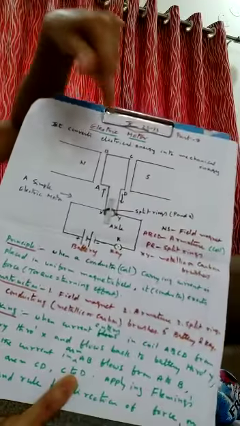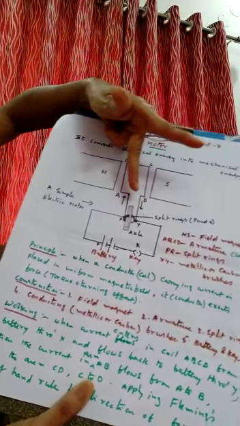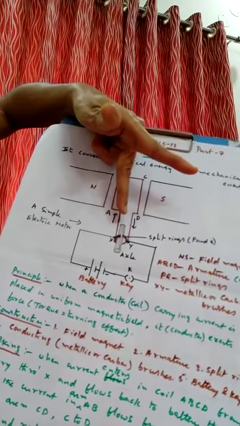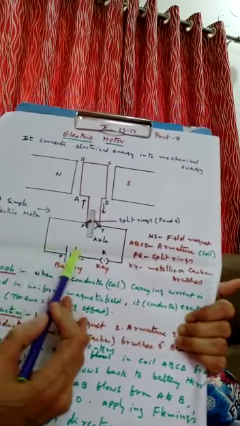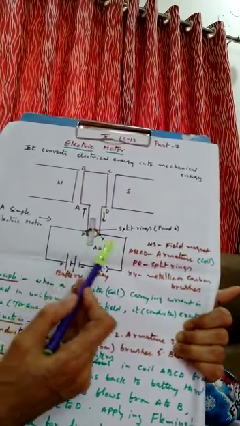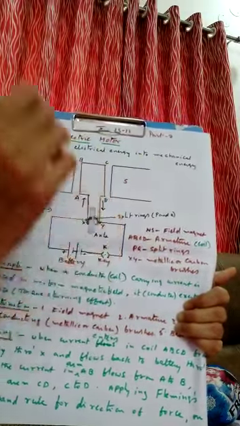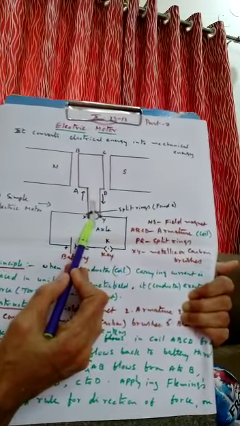At the same time, current is flowing from C to D. That is, current is like this. Magnetic field is the same. The thumb is towards you, perpendicular to the plane of the paper, outward here. So when AB is moving inside, CD is outside. By that time, what happens? When half rotation is over, because of the split rings, the direction of current reverses. So here, current is reversing the direction in both the arms. Then again the motion will be like this. Again AB will be outward and CD will be inward. In this way continuous rotation will be supplied with the help of the split rings.